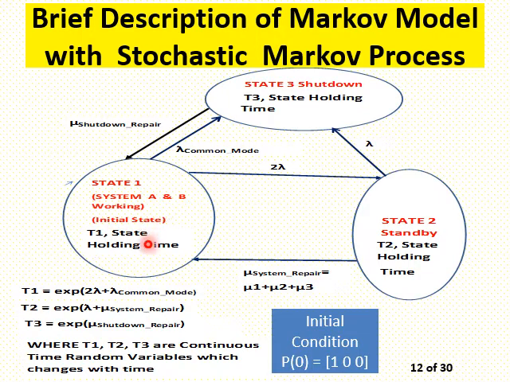If the exponential of 2 lambda is less than the exponential of lambda common mode, then T1 will be equal to exponential of 2 lambda, and so the system makes a transition from 1 to 2. Similarly, in T2, there are competing exponentials. You have exponential of lambda and mu, the system recovery. So there are two outgoing transitions, one from 2 to 1, another from 2 to 3. So again, whichever is the minimum of the two competing exponentials,